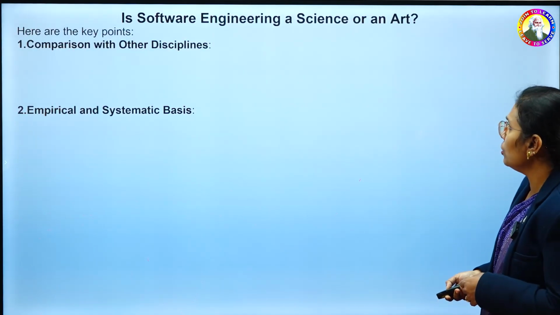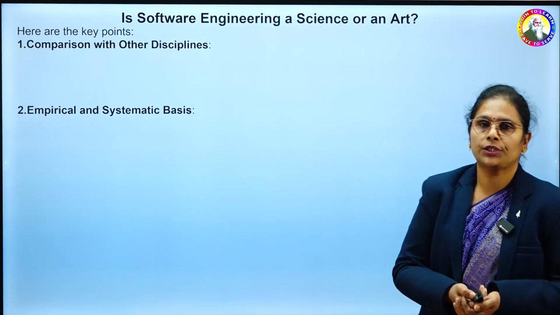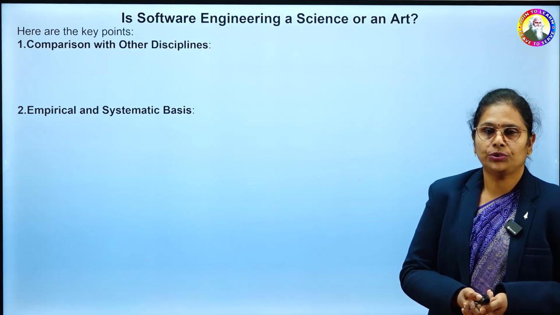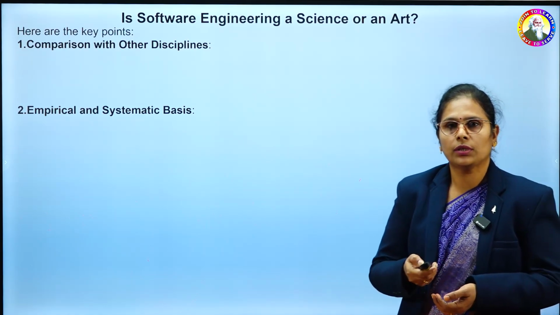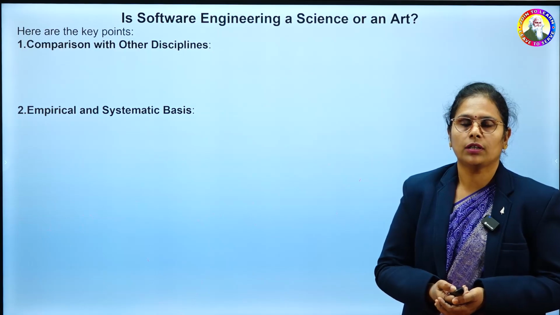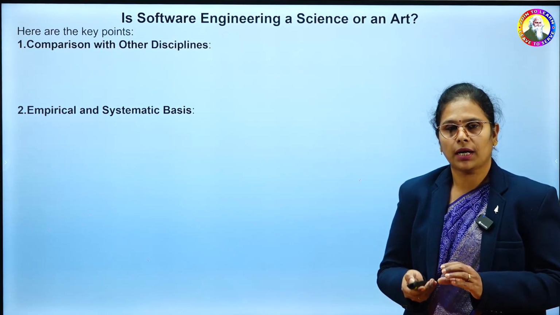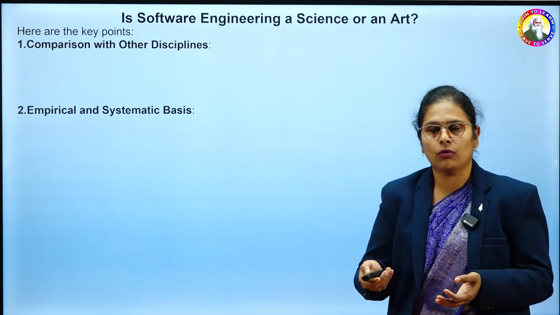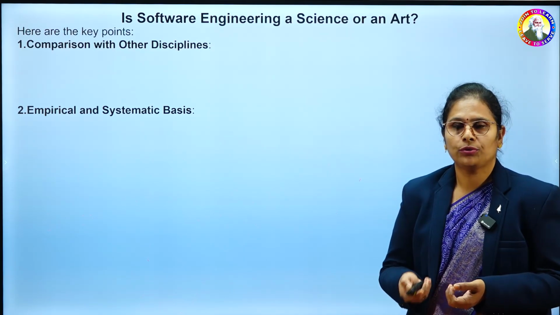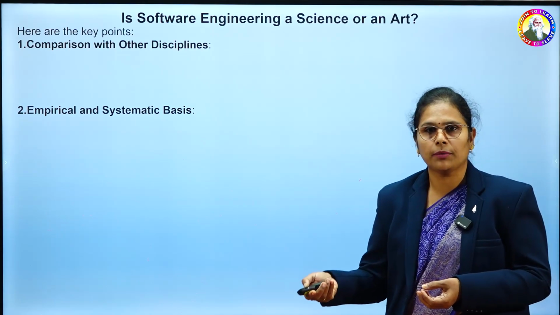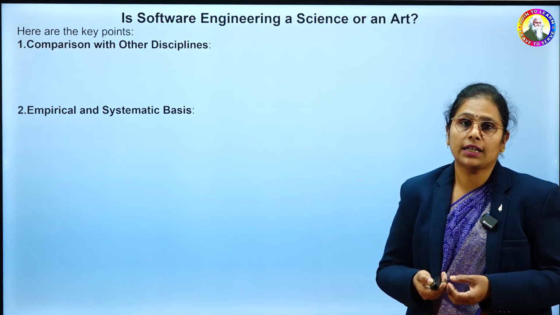Now, is software engineering a science or an art? As I already told you, we have to study the total evolution of the past 60 years, where they slowly developed the process. Initially, they thought developing a project was just a build and fix model, where you build some part of the project. Like all of you students do in your academic programming subjects: you write a program, execute it in the laboratory, and if some errors are there, you just fix them. This is the general process by which they started developing programs.